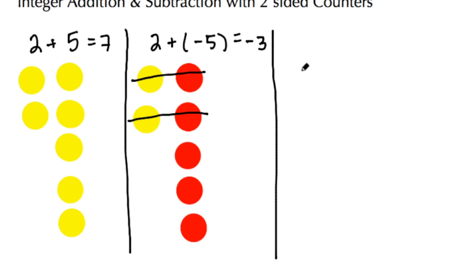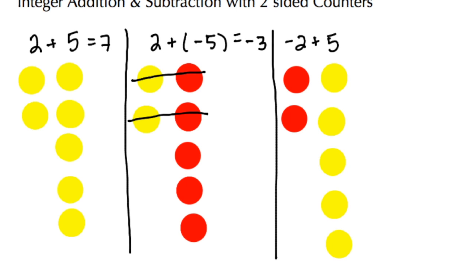All right, let's do another example of addition. This time let's do negative 2 plus 5. This time we have a negative to start with, so I'm going to add in 2 red dots, 1, 2, and then I need to add 5 yellow dots or 5 positive dots to that. 1, 2, 3, 4, 5. Again, notice that we have some zero pairs. So a zero pair here and a zero pair here. This time I have 1, 2, 3, and they're yellow, so this here is a positive 3.